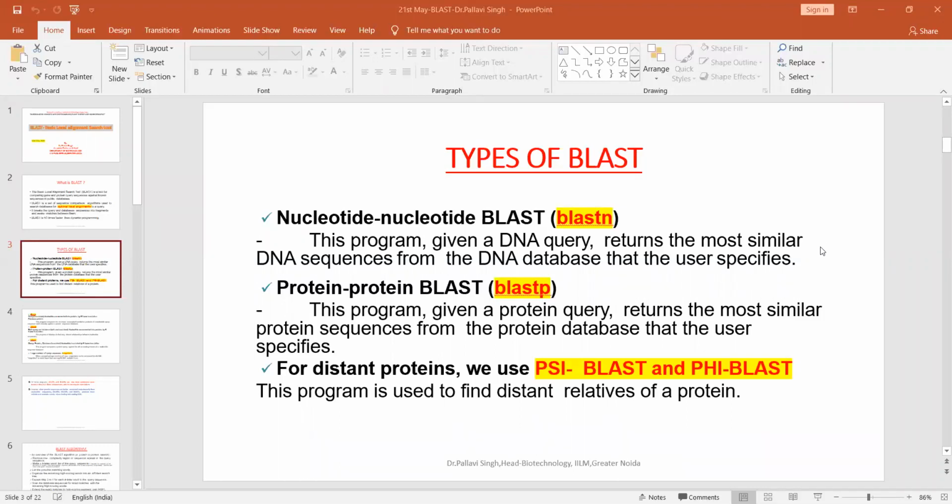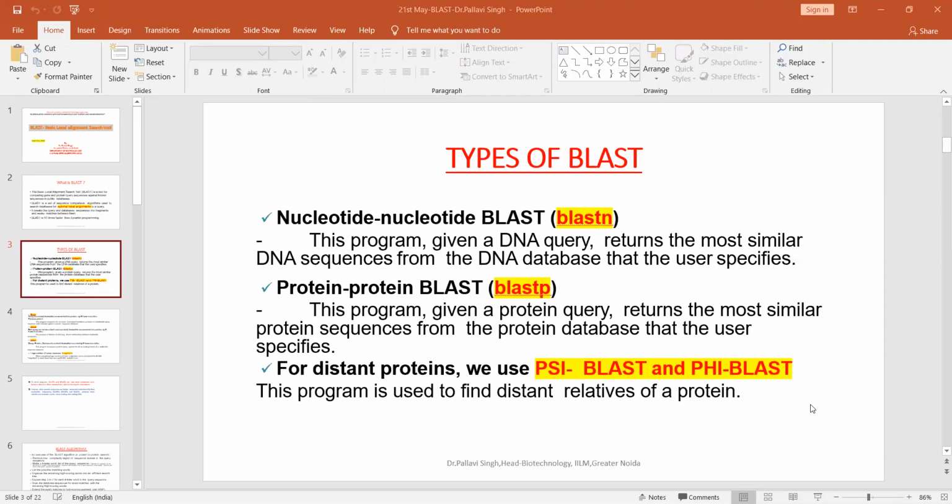Okay, and in case of PHI-BLAST, what we do is that instead of searching against each sequence and doing the repetitive iterations, we look for a pattern conservation. For example, I take a 12 to 15 amino acid window in the given query, and I try to find those homologs in the database which have this conserved pattern of 12 to 15 amino acids. So this is a basic difference.